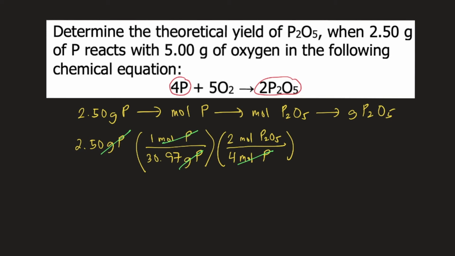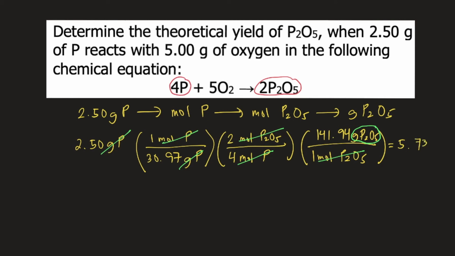Finally, in order to convert moles of P2O5 to grams of P2O5, we need the molar mass of P2O5. So 1 mole of P2O5 weighs 141.94 grams. So the moles of P2O5 will cancel. We are left with grams of P2O5 on top. And if you solve this, it is equal to 5.73 grams